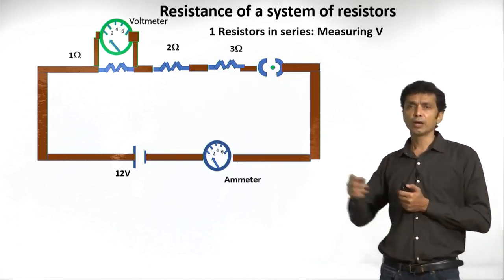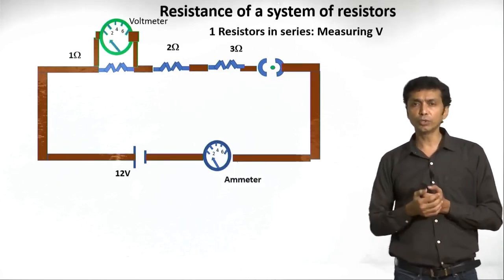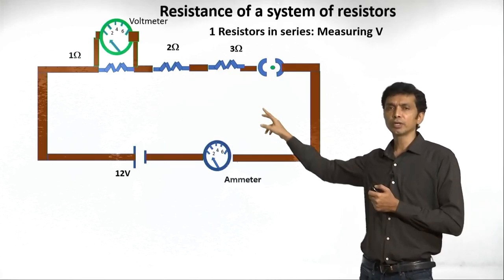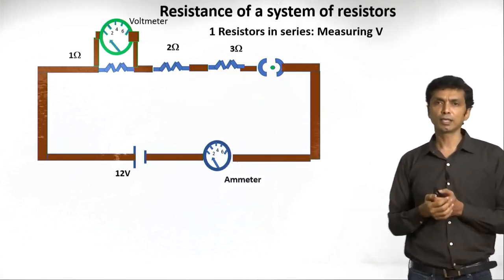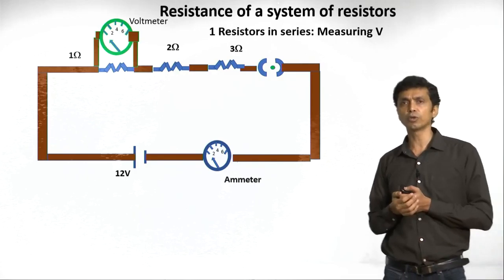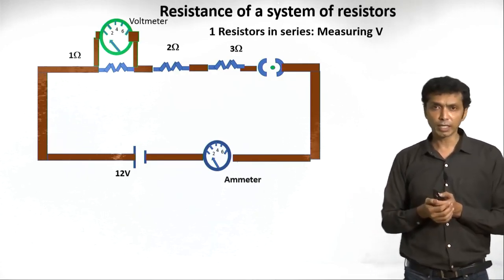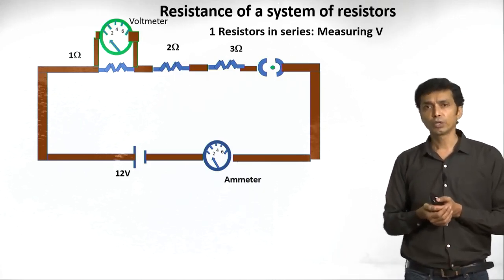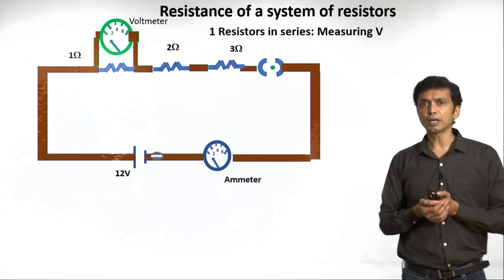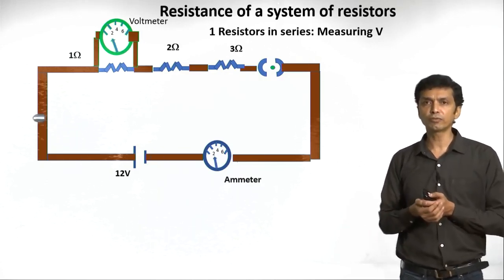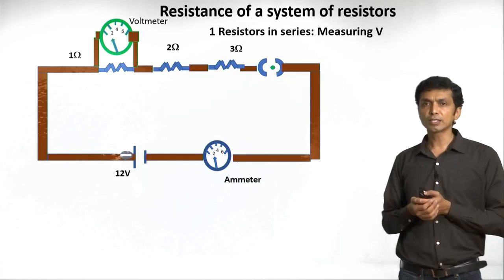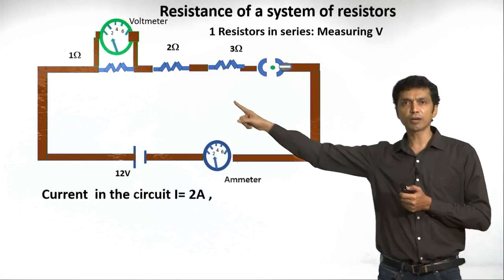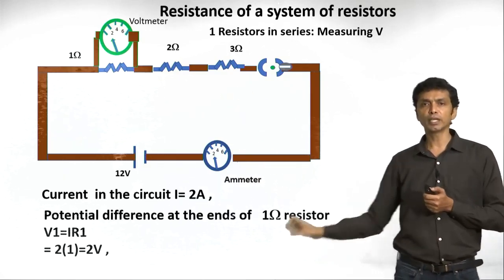Now, in the third experiment we have another thing. We have connected a voltmeter. What will it do? It will measure the potential difference at the points where it is connected. We have connected it at the first resistor, the 1 ohm resistor. Let us see whether the potential difference is also the same or whether it will vary. Keep thinking. So, we are seeing a potential difference of 2 volts: resistance of 1 ohm, current of 2 amperes, 2 into 1, the voltage is 2 volt.